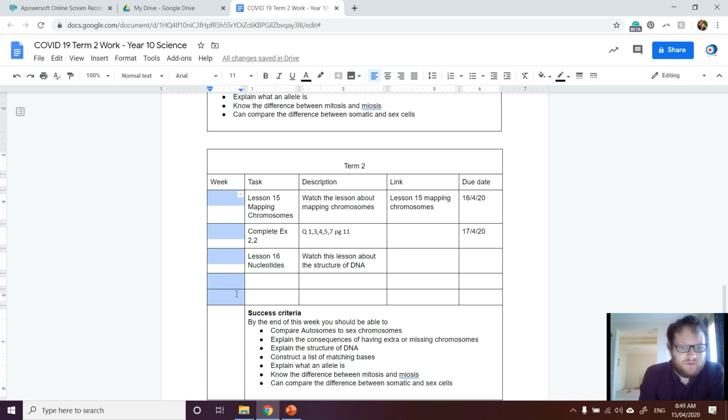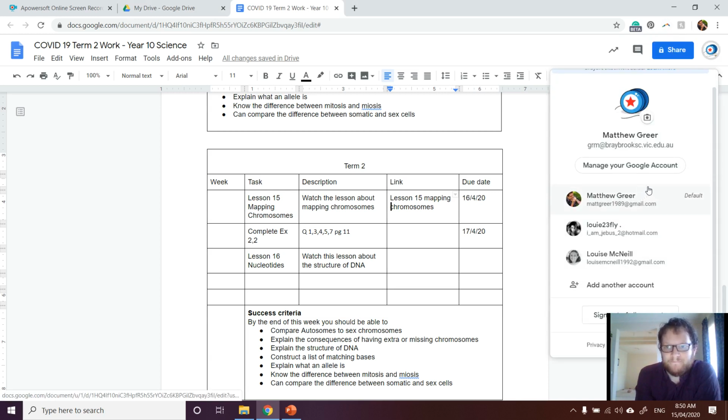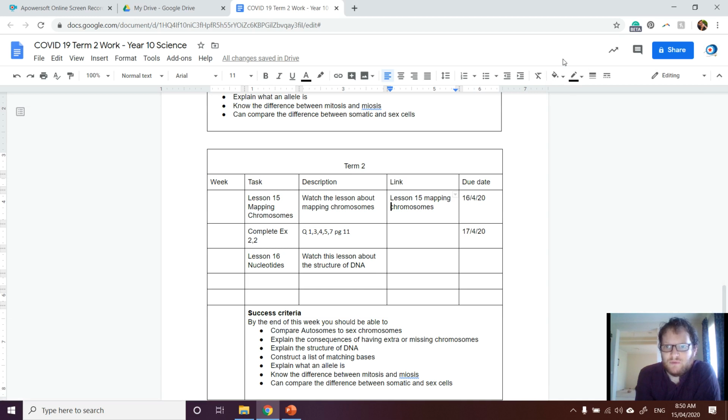I'll merge all. And so we can see here, lesson 15, mapping chromosomes. That's what today's lesson is. That's what I want you to do, and this is what I want you to do after the lesson. So I'm going to come back to this page perhaps at the very, very end. One more thing that I want you guys to do, though, is get onto the Google Classroom. Now, the Google Classroom,